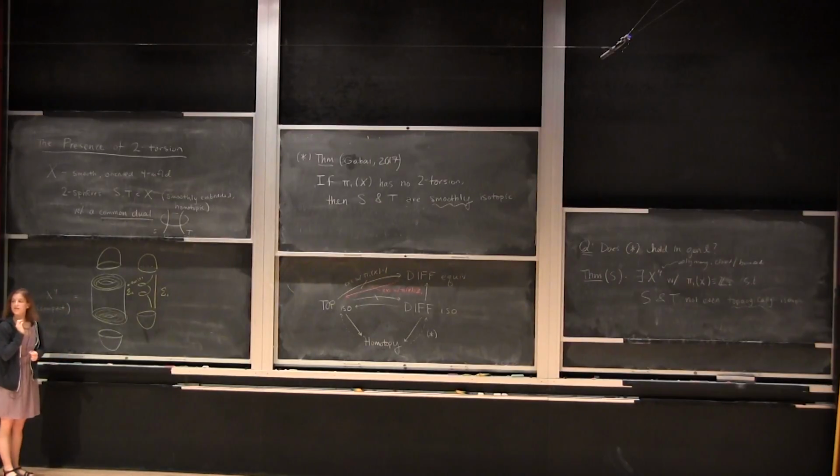Okay, so at first glance, I have this integer family of spheres sitting there in my four manifold. So that's a good start, and maybe two of them can be my S and T potentially. All right, so now of course I still need a common dual. And there's not one that's easily suggested to me in any sense. And so rather than really think critically about it, I just want to plop one on so I